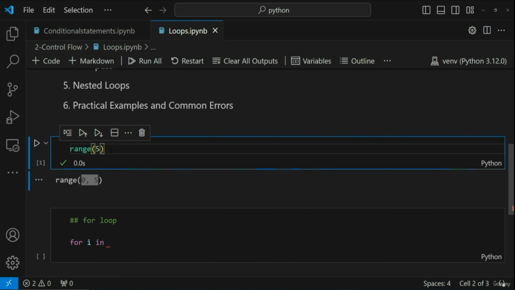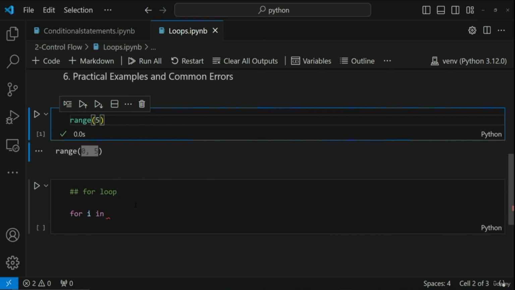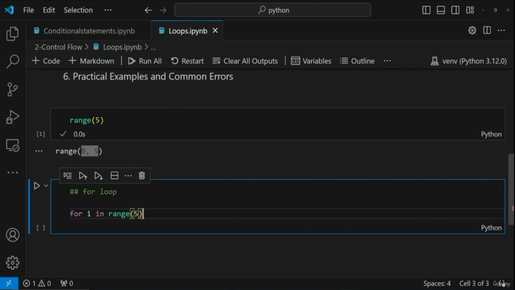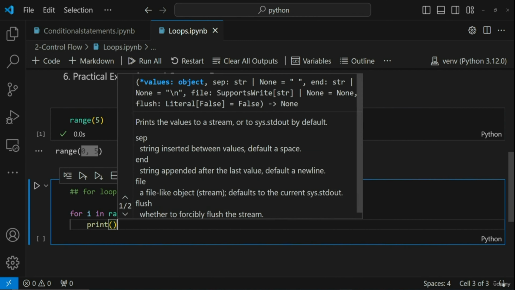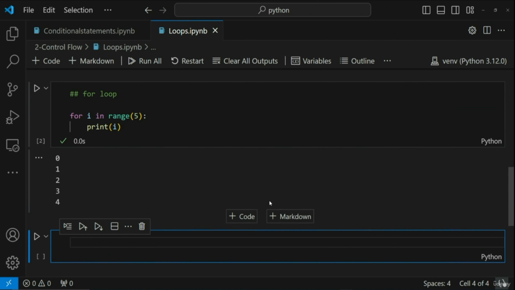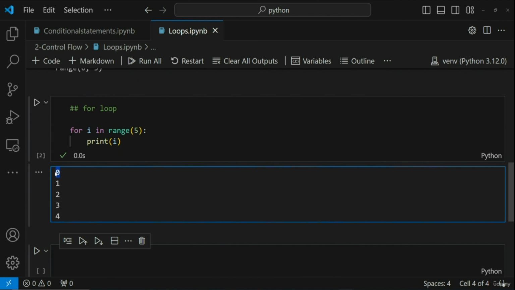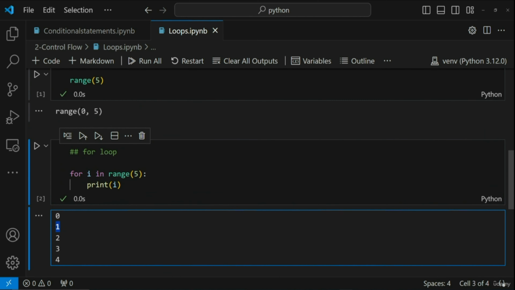And let's say I want to just display all the numbers inside this, right? Range is just giving us a sequence of numbers between 0 to 5. But if I want to iterate through all the numbers, I can basically use a for loop. So if I write for i in range(5), and here if I go ahead and print i, now you will see that after every iteration, when we are looping inside this sequence of numbers between 0 to 5, first it will display 0, then it will display 1. That basically means that after every iteration, this number is getting incremented